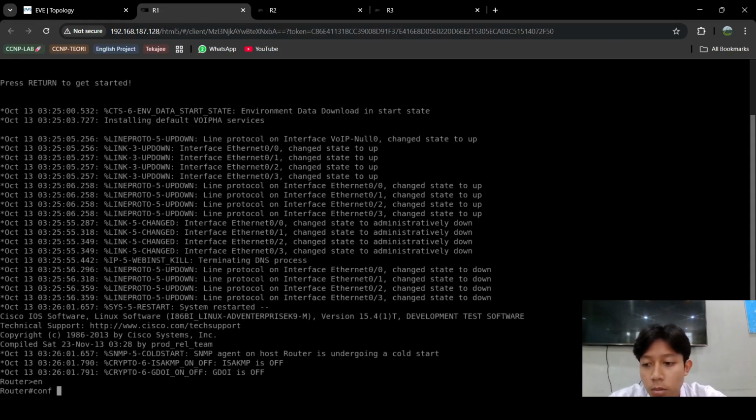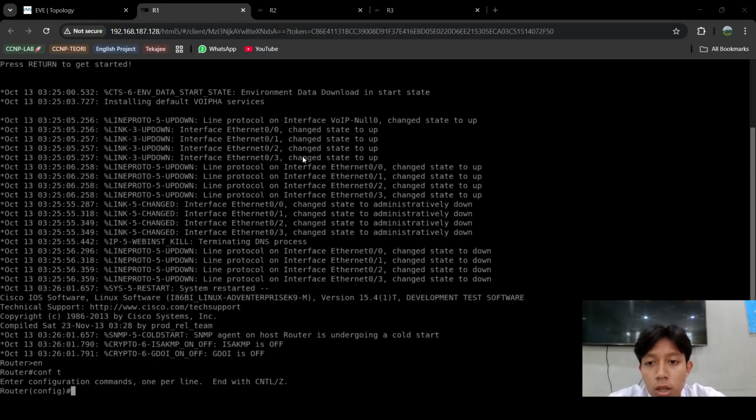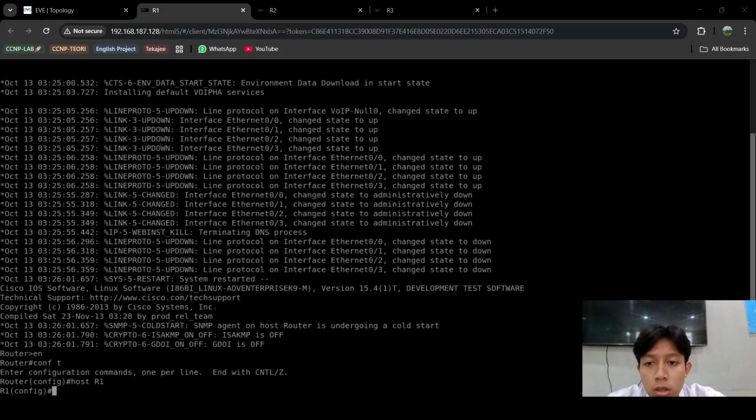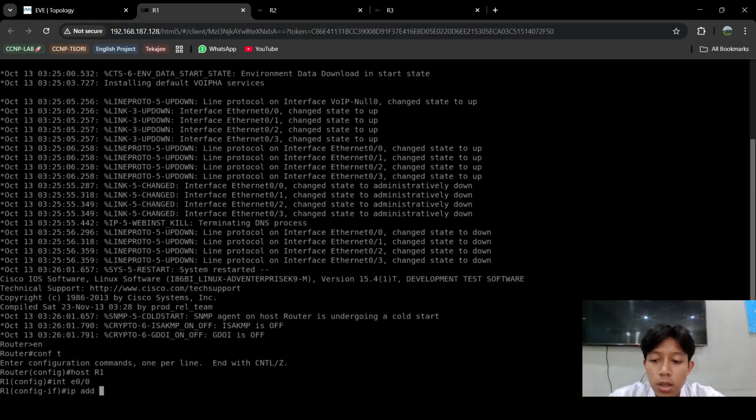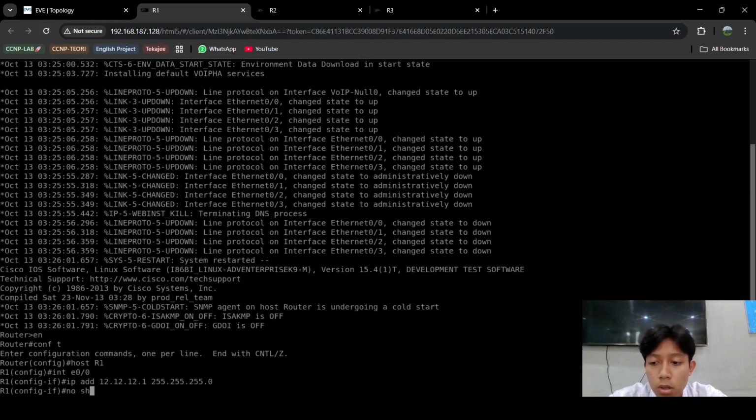You can enter the global configuration mode, and you can change the hostname to router 1 first, and you can add the IP address to the interface to router 2, which will run the OSPF routing. So enter the interface Ethernet 0/0, type ip address 12.12.12.1, for example, and the subnet mask is the prefix /24.